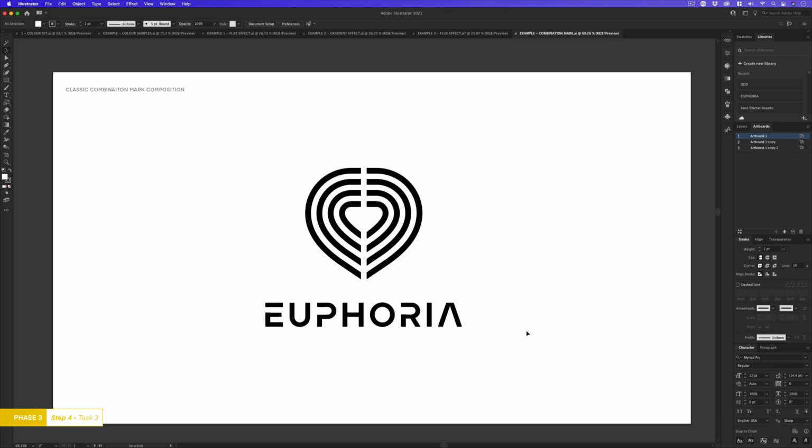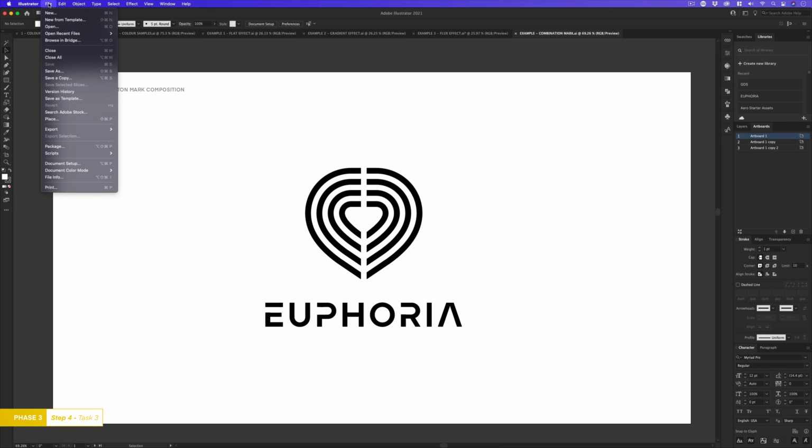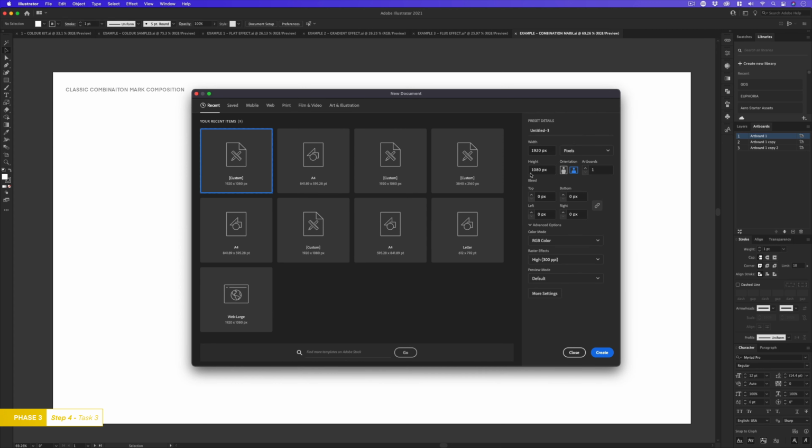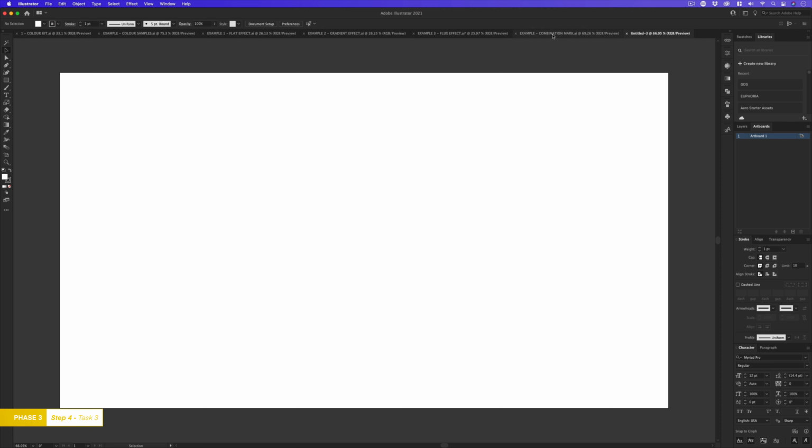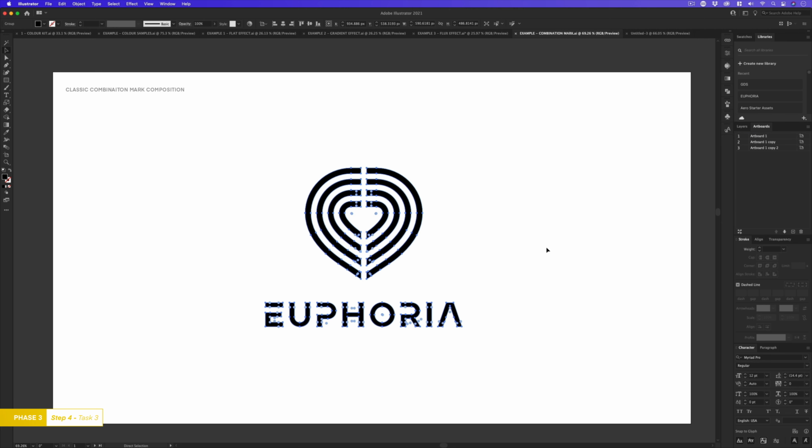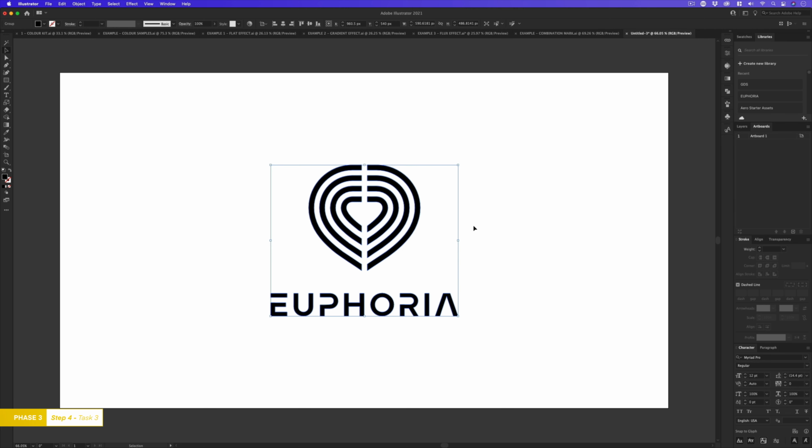So here I have my first version and I want to see how my colors look when applied. So I'll begin by creating a new document, and I like to work in 1920 by 1080. So I'll set the dimensions to 1920 by 1080. I'll make sure the color mode is set to RGB. I'll set my artboards to 1 and click OK. So with my new doc, I'll come and select my new logo, copy, and back in my new document, I'll